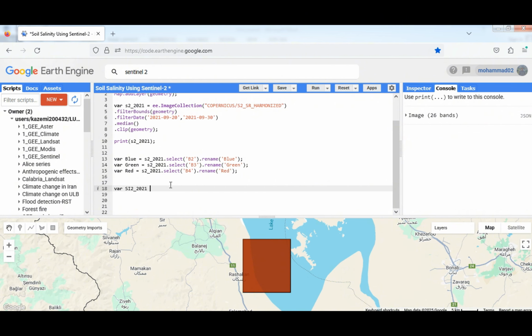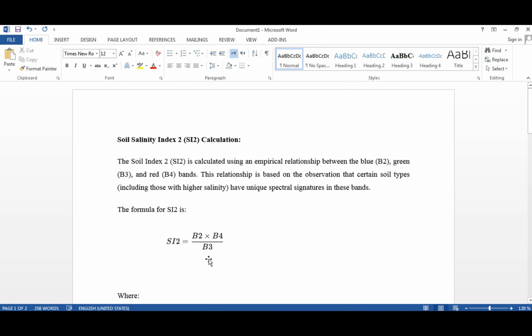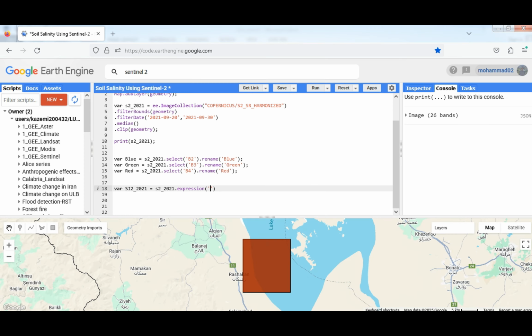Put the year. I'm saying from my collection. In order to define the formula here, I can use expression in Google Earth Engine. And inside the expression, I have to define my equation. As I said before, it's like this, the equation. I'm gonna use